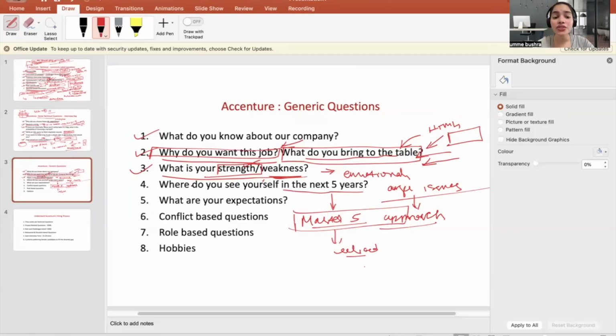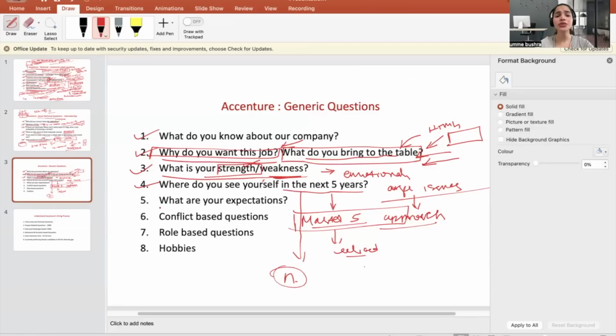So when they ask you these kinds of questions, always remember that your answer has to be in favor of the company. For example, if they ask me this question now, I would work on my skill set. I would try to work on as many technologies as possible. I would upskill myself, and probably in the next 5 years I would be promoted and taking care of a team. This is what you're going to talk about when they ask you the next 5 years, next 10 years, or next 2 years questions. Always be diplomatic, and your answer should be in favor of the company.